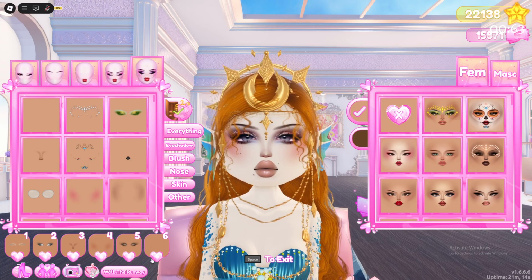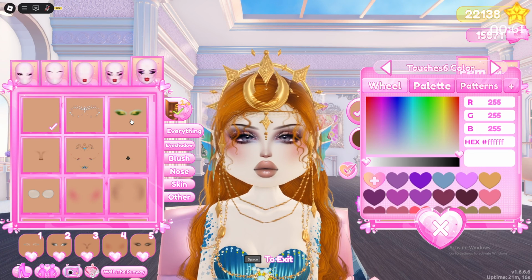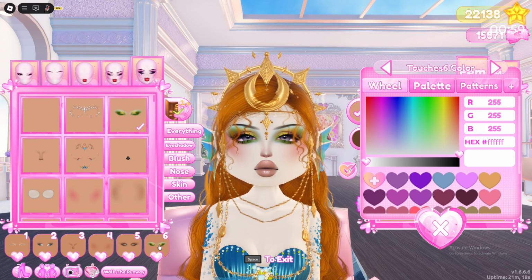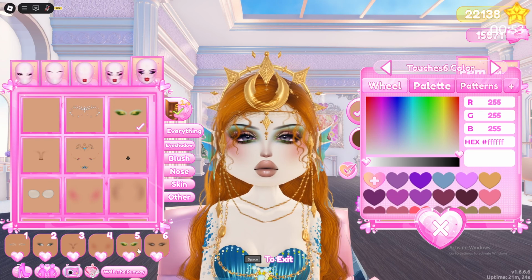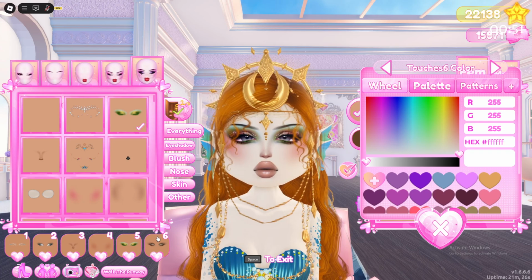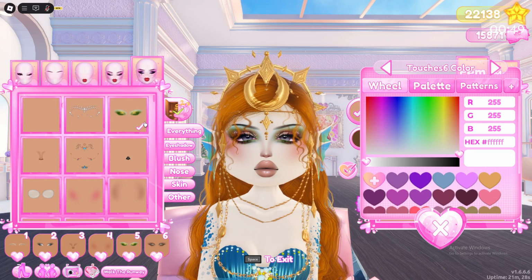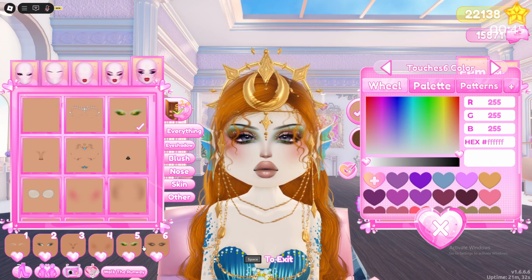I'll do it with something more visible. For instance, this one. I want it to be behind this eyeshadow, so I'm just going to move the layer to the left side, and that's how you can move the layers in custom makeup. Obviously, it's only going to work for the last layer, and you'll only have up to 6 layers to kind of